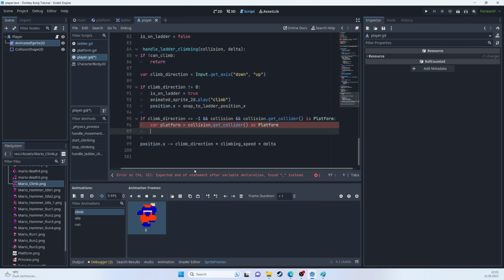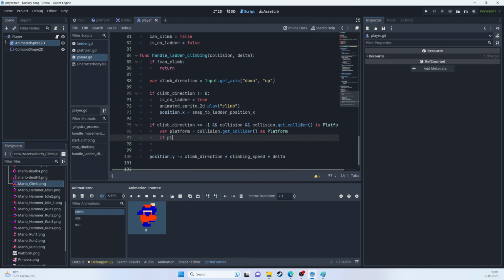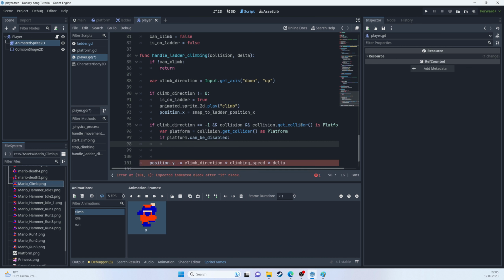Okay. Oh, it's the problem. Okay, and we check whether platform can be disabled. If so, we then have to